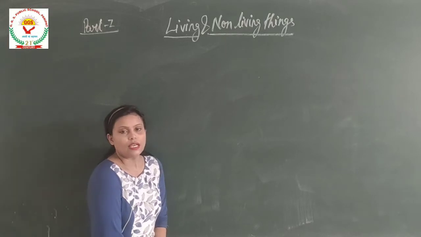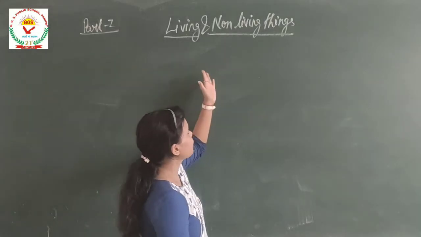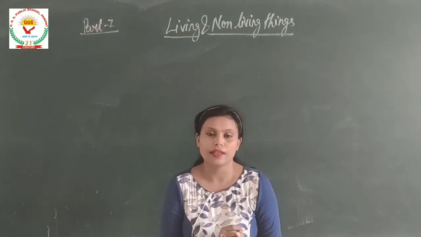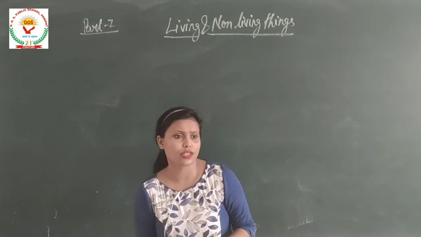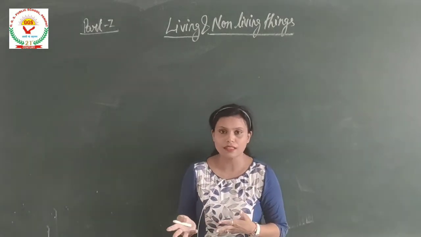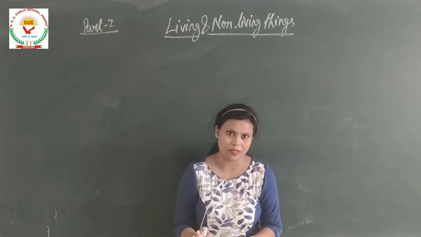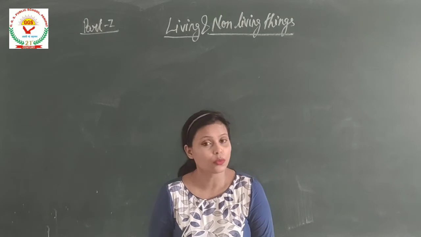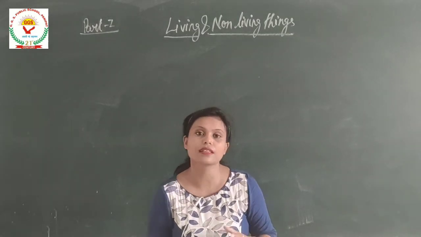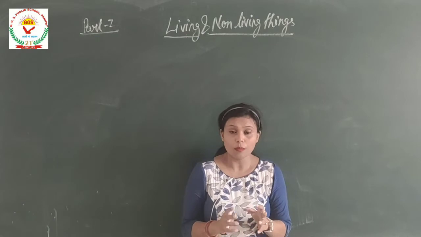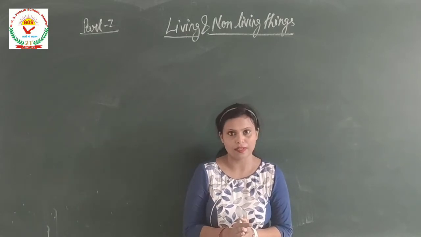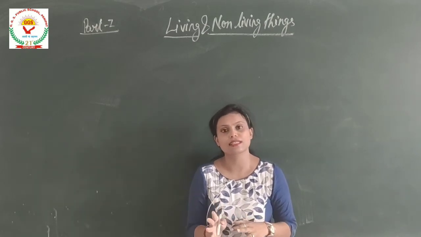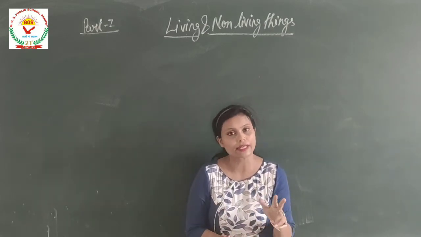Hello students, let's start a new chapter, that is living and non-living. In your daily life you see lots of things like your pencil, book, table, chair, crow, peacock, lizard, frog, etc. Lots of things. Are they similar to each other? No, they are different in many manners, like their size, color, shape. Most of the things are different to each other, right? So on this basis, on the basis of their shape, size and these characteristics, we have divided the things in